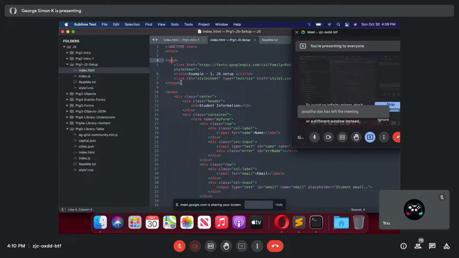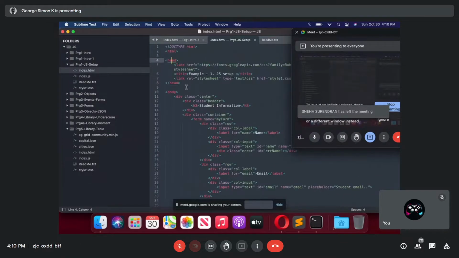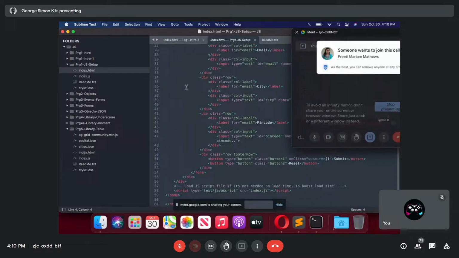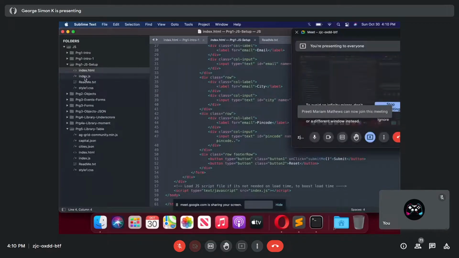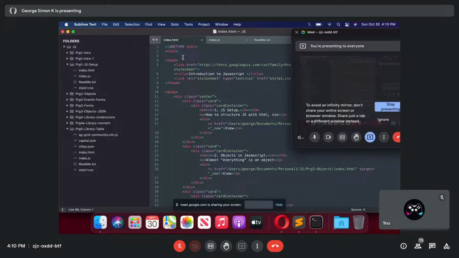Inside the head tag, we write the script and write whatever scripting we need inside the script tag. But one of the best approaches I can show you is you can keep JavaScript separately. You can see here, I've given index.js and I club all the scripting inside this JavaScript file and call it in the HTML file.